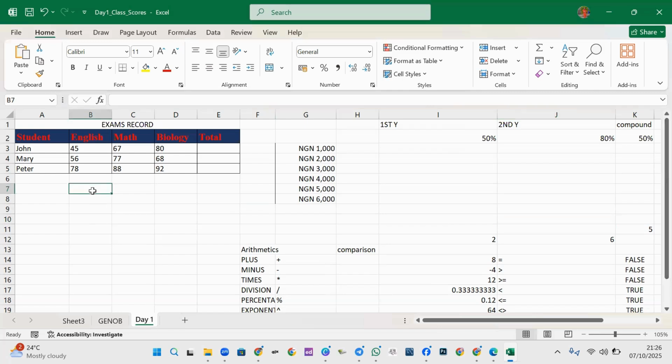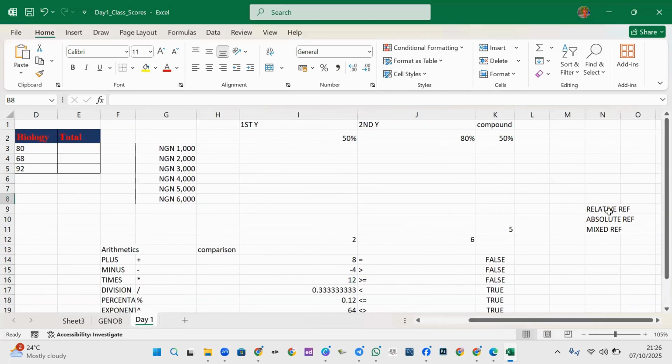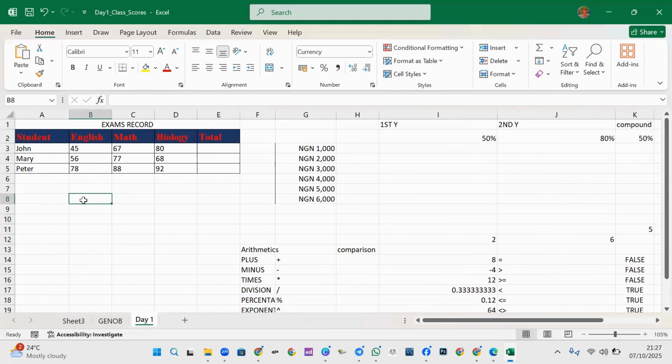So let me enter something called Monday. Don't forget that we are treating what? References. And the references we're looking at are relative reference, absolute, and mixed reference. Okay, so this is what relative reference will do for us. I say this cell,